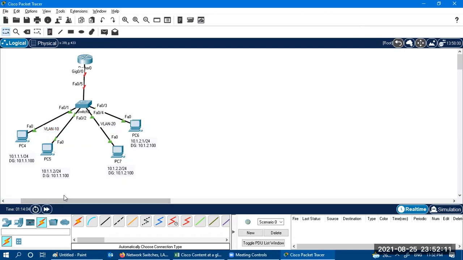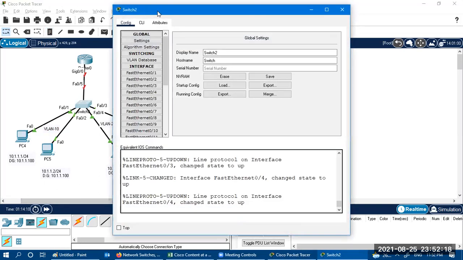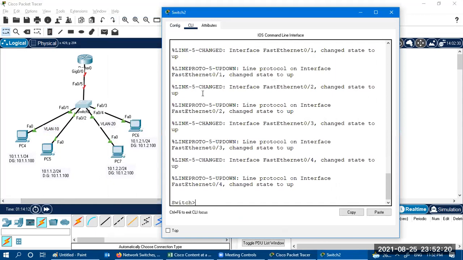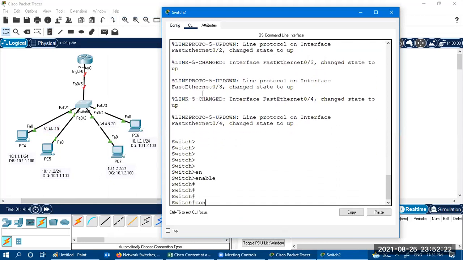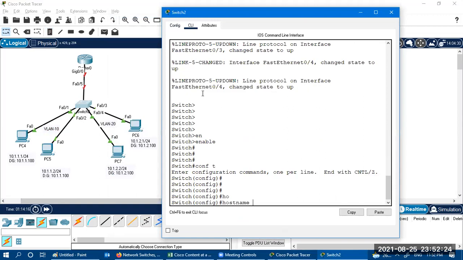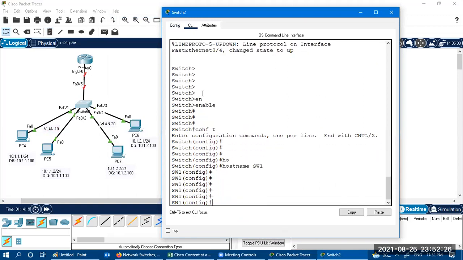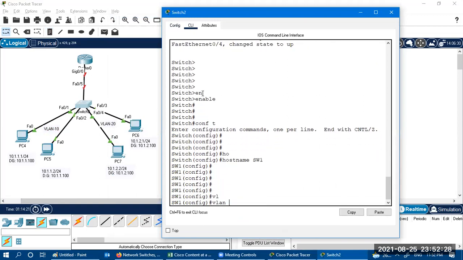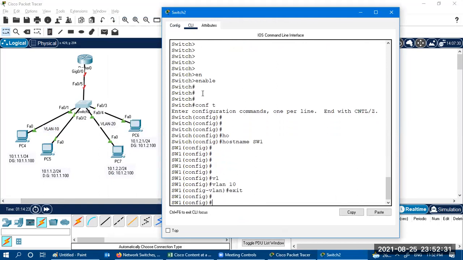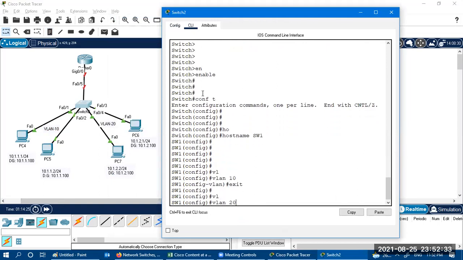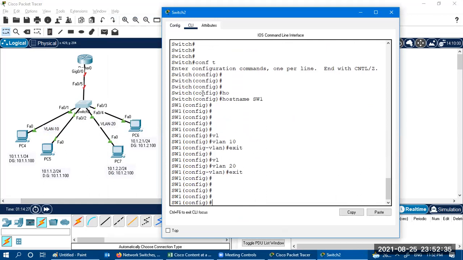Okay, let's move on to the switch. First, configure the basic configuration. Enable, conf t, hostname SW1. We have to create VLAN 10, exit, VLAN 20, exit.